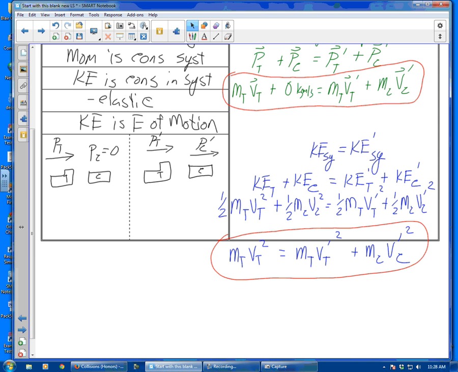I'd suggest using either your calculator or Wolfram to do it, or you can just do it algebraically by solving one for the other and substituting in. But the physics here is that the momentum is conserved in the system and the kinetic energy is conserved in the system, and that is what controls the problem. Any questions or